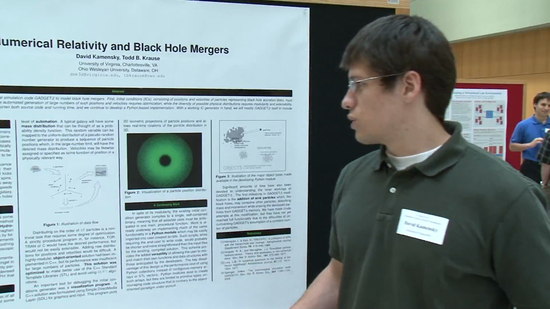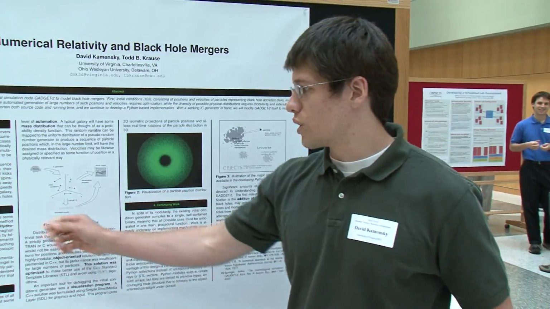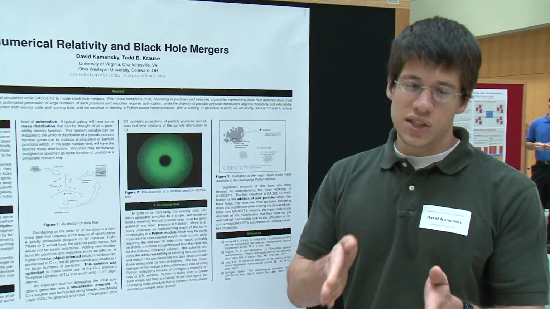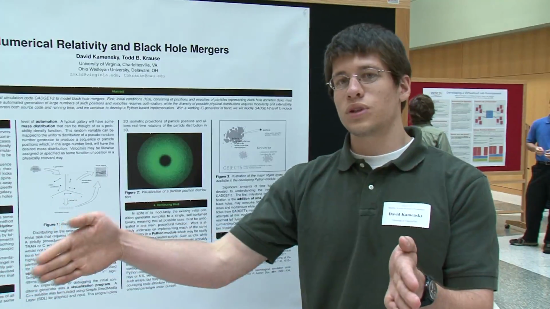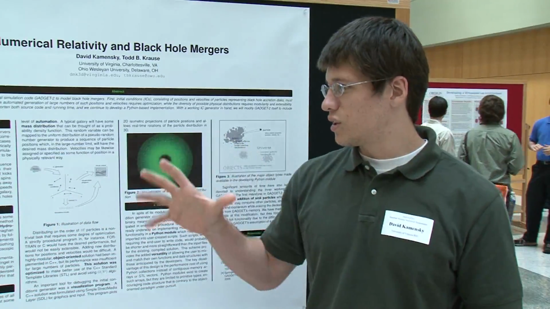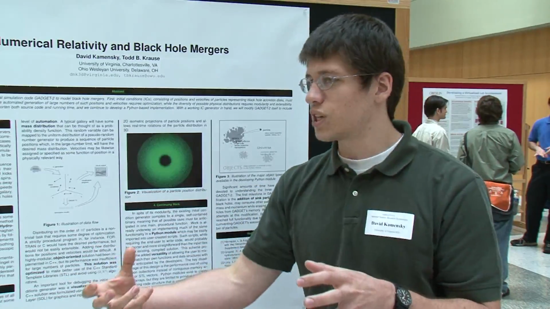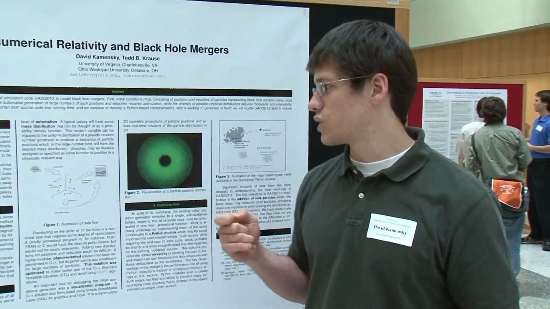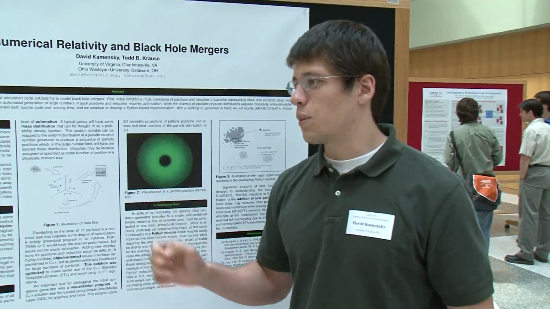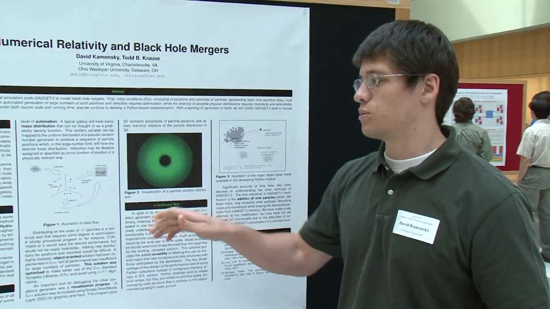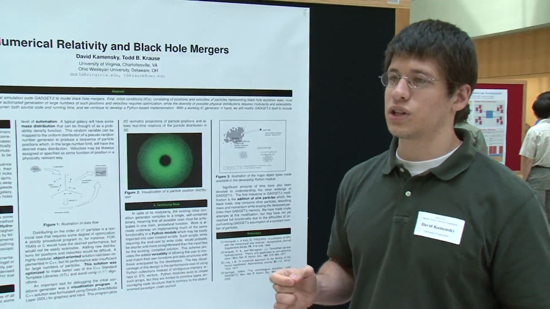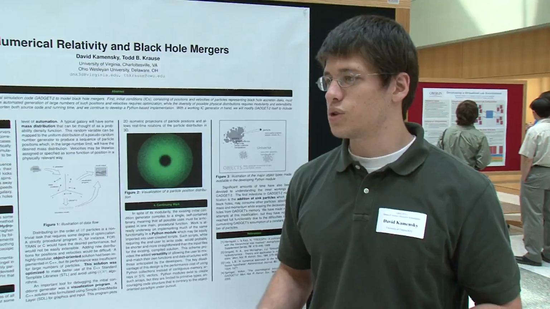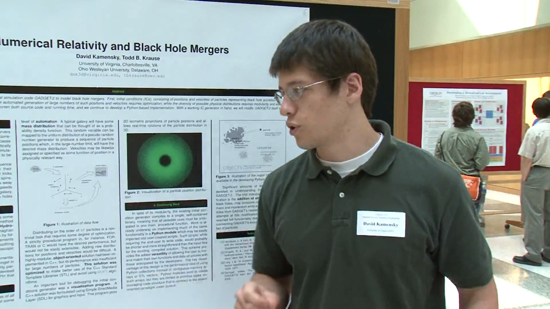So the simulation method we've chosen to start with is what's known as smooth particle hydrodynamics. And what that does is, instead of the traditional grid-based methods of fluid simulation, it instead discretizes fluid elements themselves and sort of traces them independent of any coordinate system. And it's not quite like modeling individual molecules, because you're using many, many orders of magnitude fewer than if you were actually trying to model the effects of individual fluid particles. But what it does is use a little bit of mathematical trickery to smooth out the particles that are representing